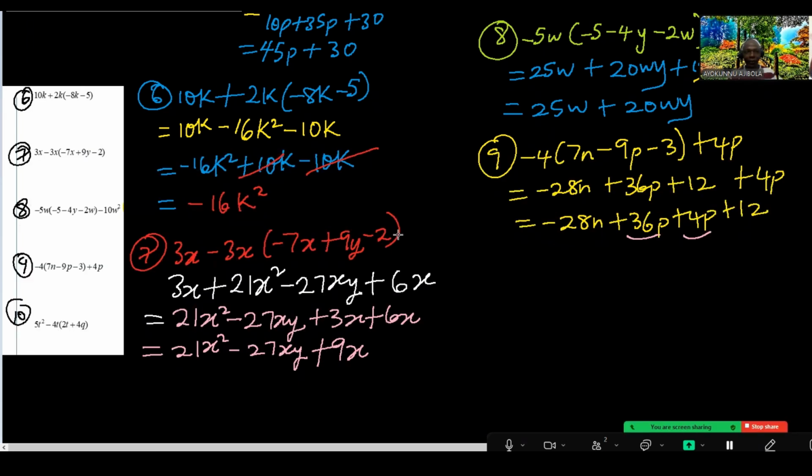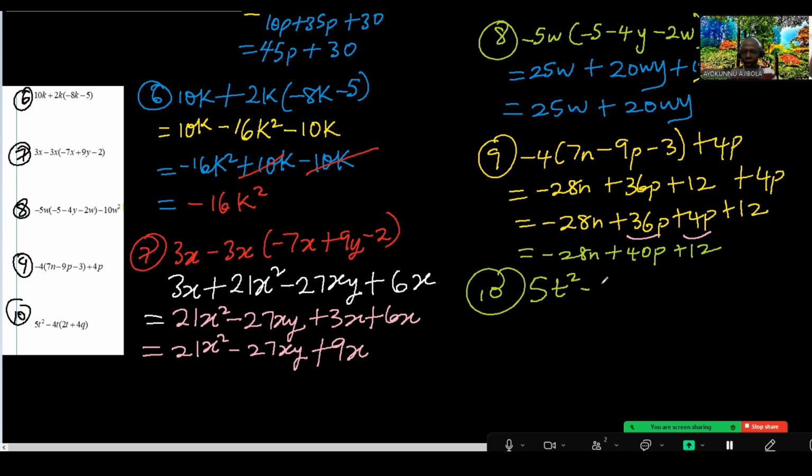So negative 28n, 36 plus 4 gives us 40. So that's 40p plus 12. So they are not the same. That's our answer. And the last question, but not the least, before I give you classwork for today, we have